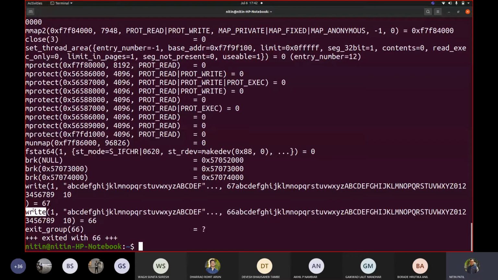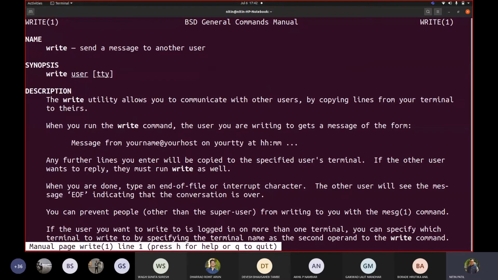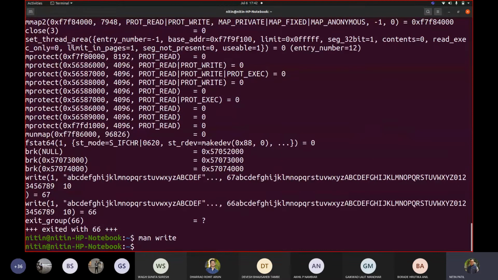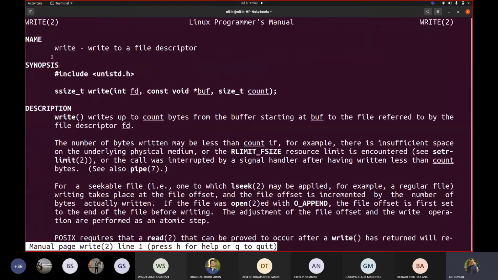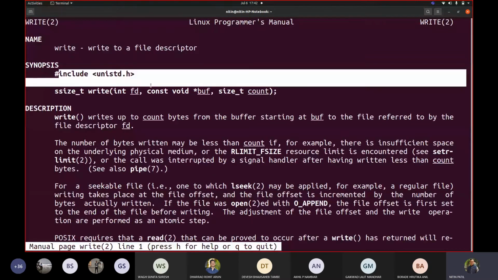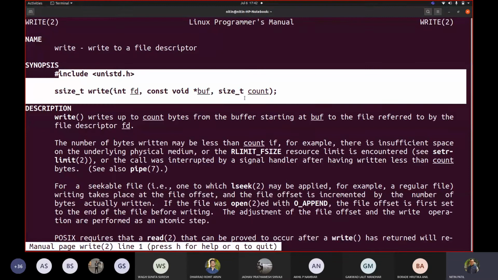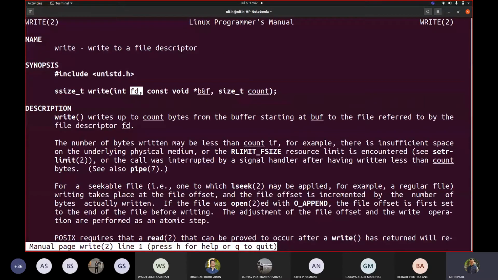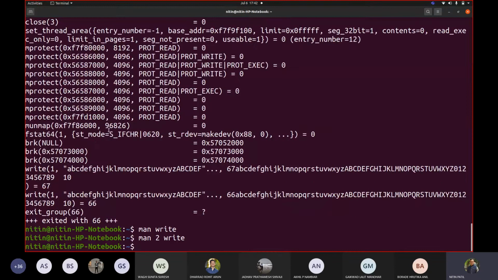They are going to make use of write, which is a system call. So that you can check, if I write man write simply, it tells you that it is from the general command manual, correct? And if I want this write system call, then I need to write man 2 write. So this is a system call, which is a function declared in unistd.h. And it says file descriptor, buffer means string, and then count. And that's what we could see here.